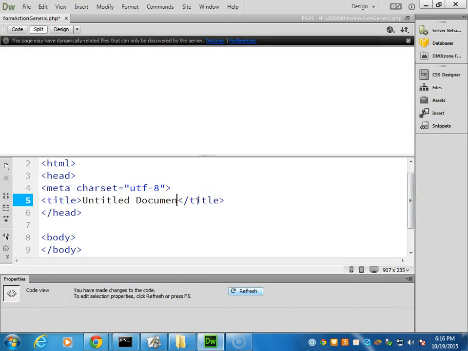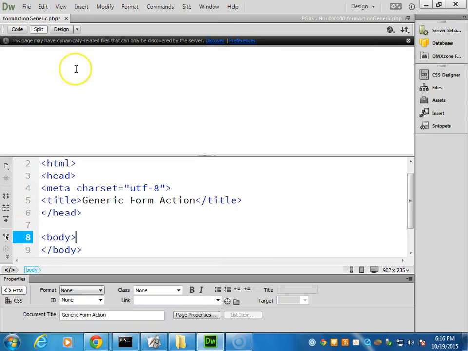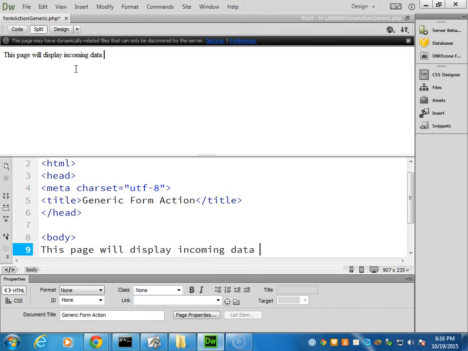And I do want a title for my page. So we'll call this the generic form action page. And in our body, let's just put a little text to remind us what it's supposed to do. So this page will display incoming data from a form